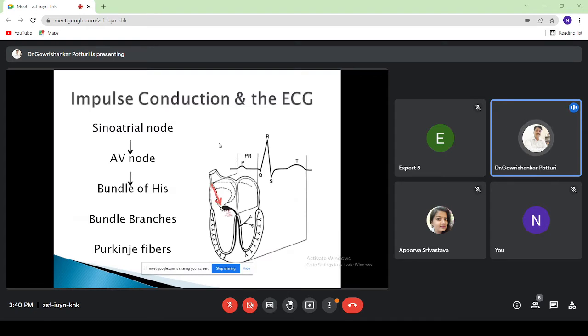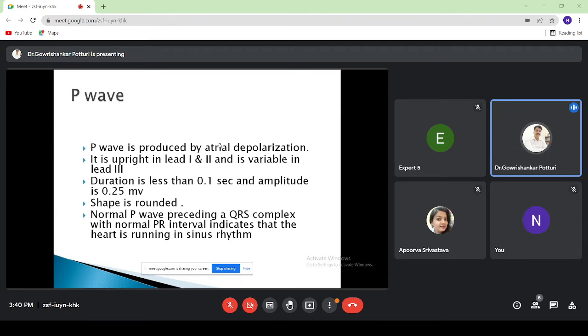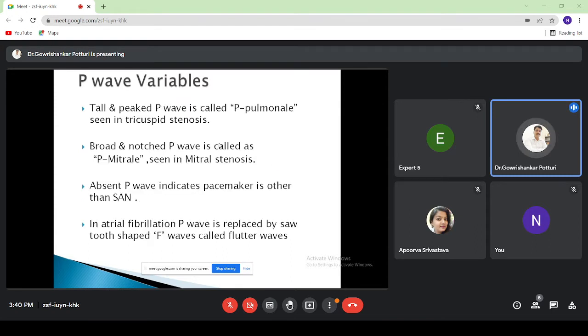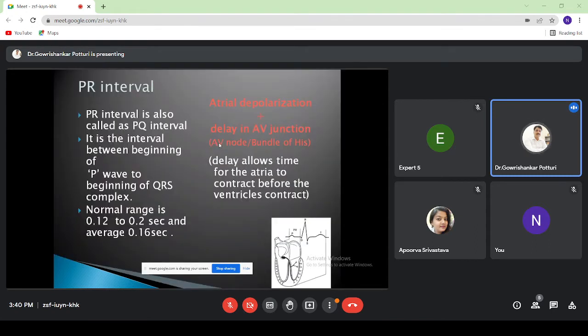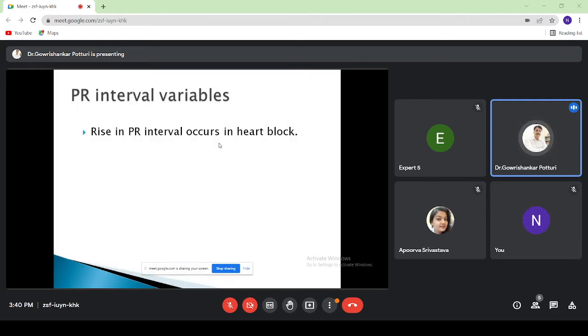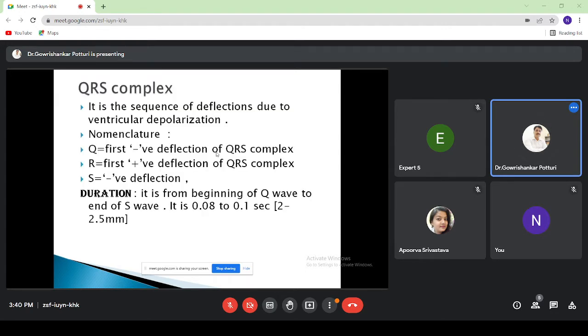Whenever the impulse conducts from the SA node to the AV node and bundle of His, you get the P wave, and when it comes to the bundle branches, the QRS complex is formed. So we have seen the P wave and its variables yesterday, and we have discussed the PR interval. A rise in PR interval occurs in heart block. Now coming to the QRS complex,